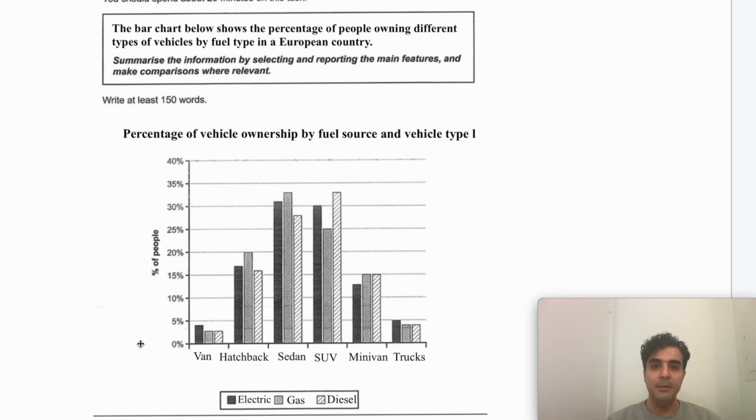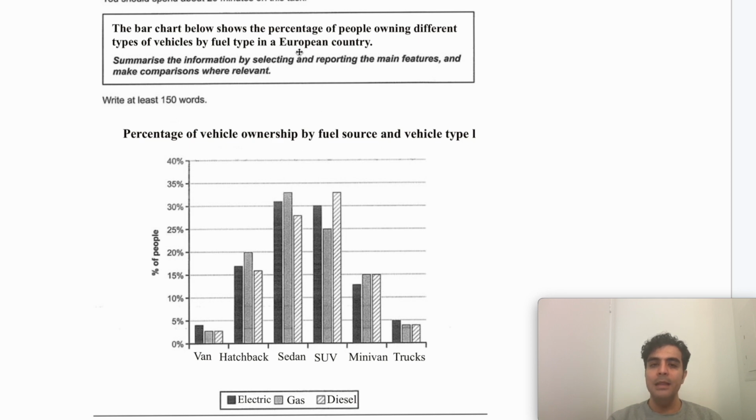I've checked out everything. Okay, now it's time for me to pick a random part of this chart and describe it in simple terms. I'm going to go with this bar here. You can see it here. So it's hatchback, 20%, and gas. Okay, so hatchback, 20%, and gas. Let's see if we can put this all together. So it's 20% of what? We know it's 20% of people, right? So we could say